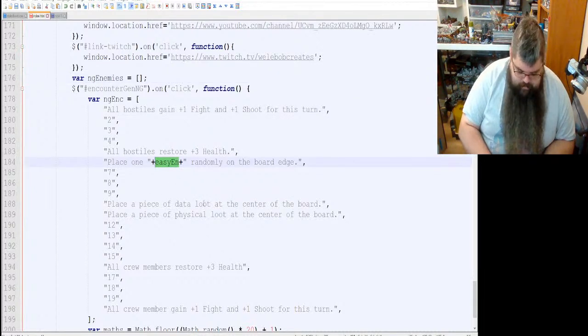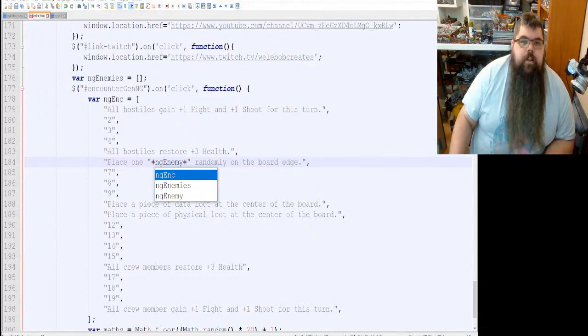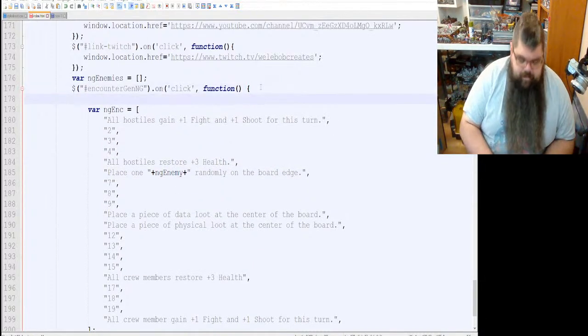Place 1. Let's see, ng enemy, like that. Sorry, I really don't prep for these things at all. I just am doing this entirely off my brain.